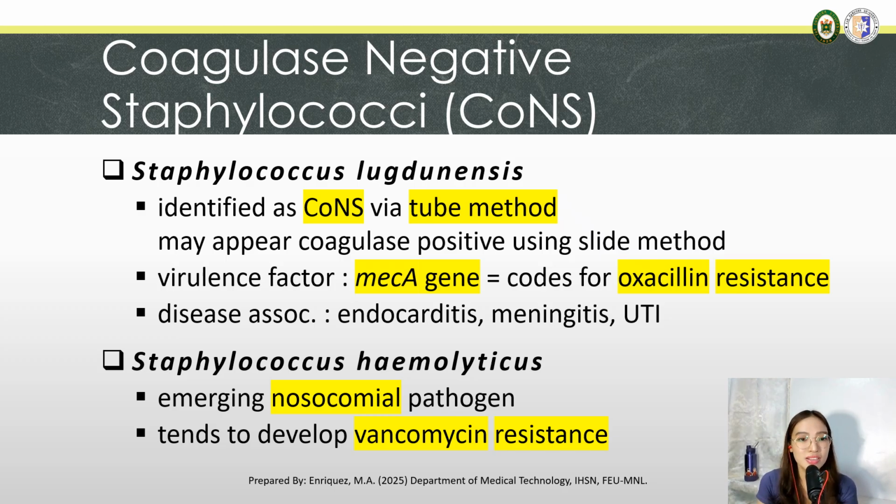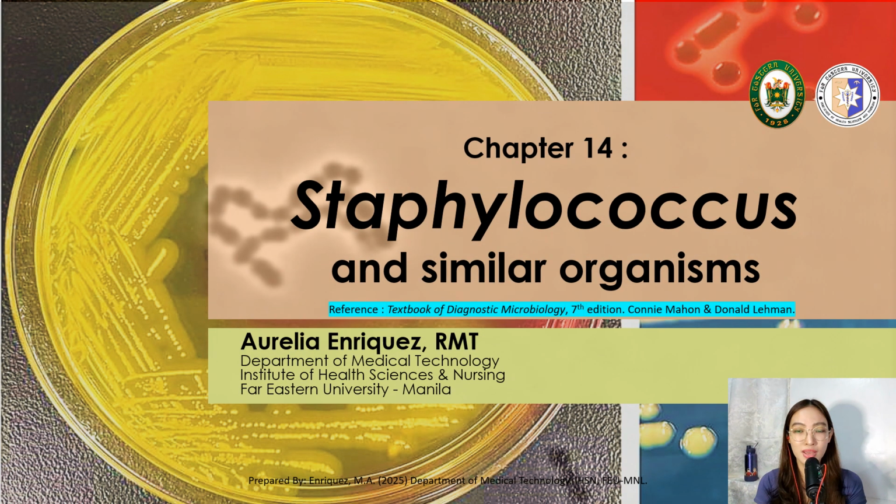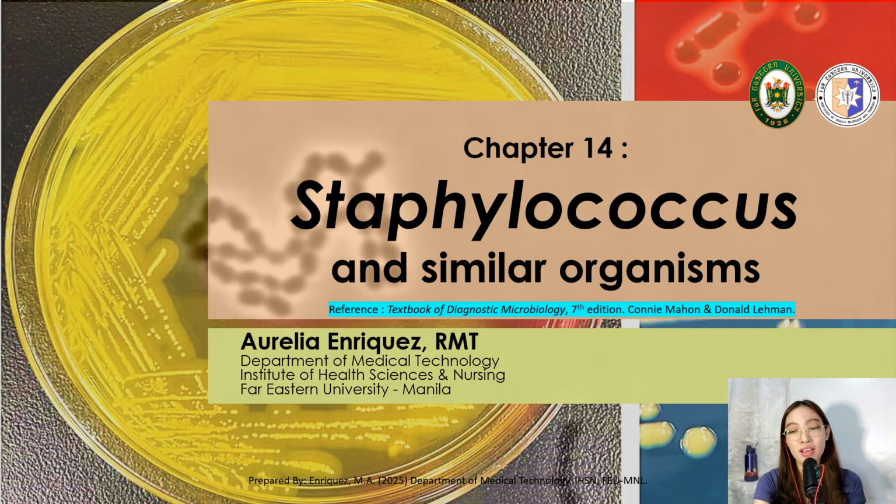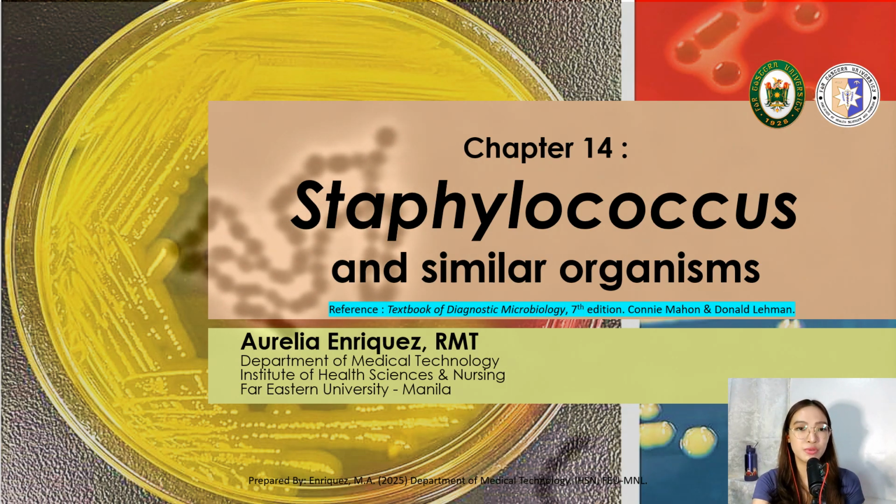All right. Next is Staphylococcus haemolyticus. This one is being recognized as an emerging nosocomial pathogen, and they tend to develop vancomycin resistance. But again, do take note, emerging pathogen pa lang naman ito, so hindi pa siya commonly isolated or commonly recognized in the laboratory. That ends our discussion on chapter 14 of Mahon's textbook of Diagnostic Microbiology, which talks about the